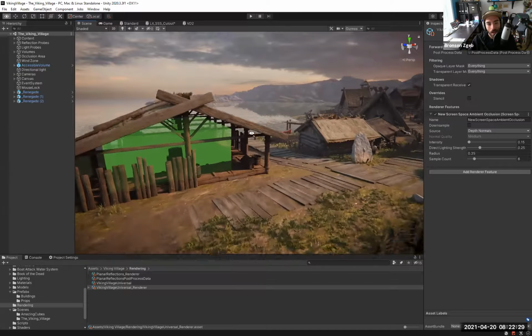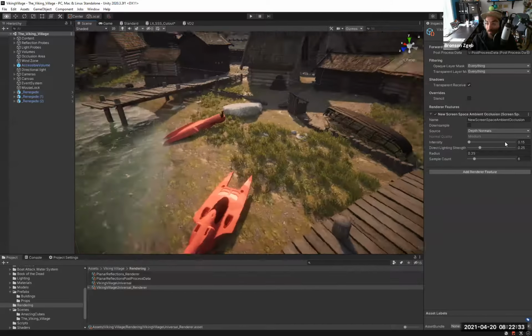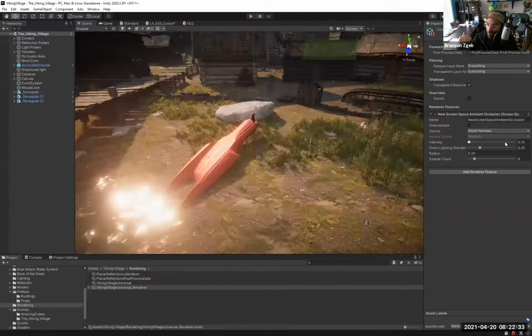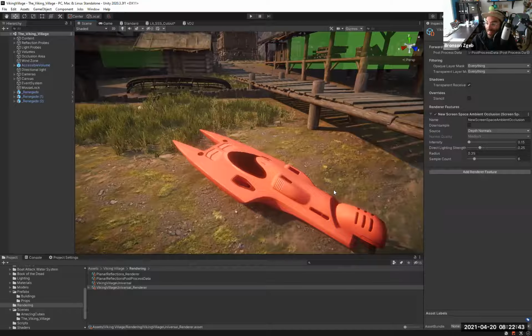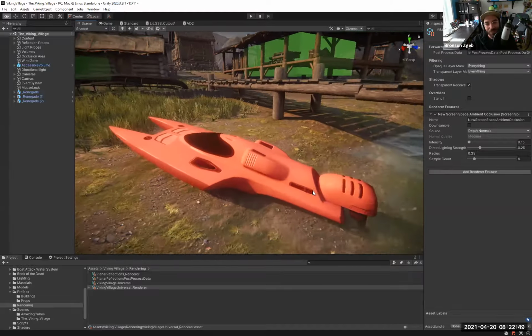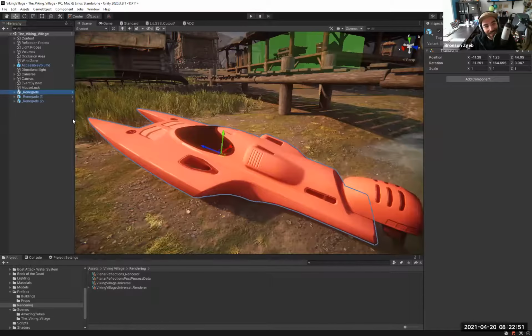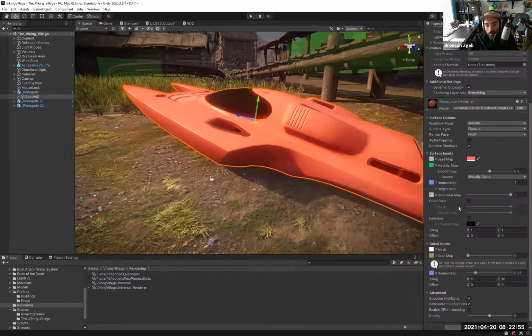And to see that, I'm going to go over to, there were some boats from the future that have escaped from the future into this Viking village. And yeah, they are clearly missing their clear coat right now. Maybe something about passing through time, you know, it took it off. So we're going to re-add the clear coat on this boat.